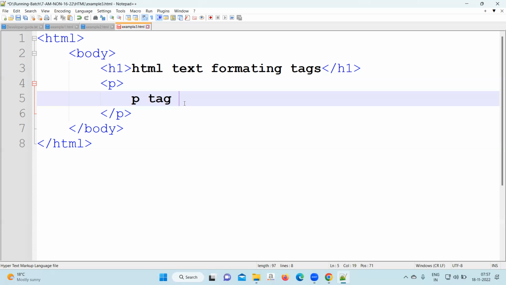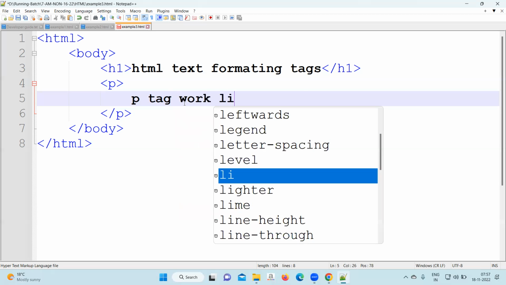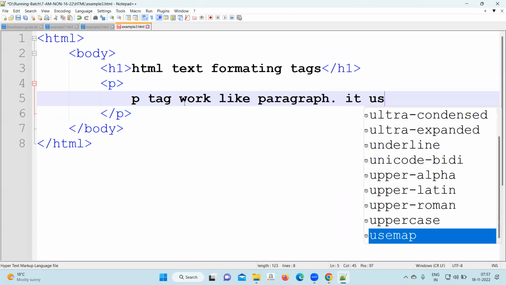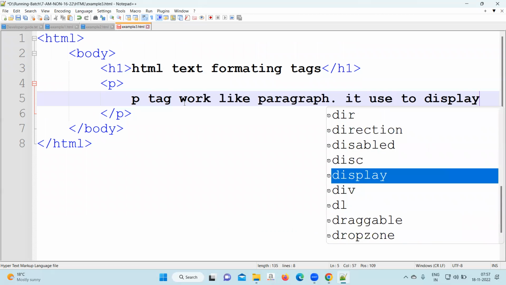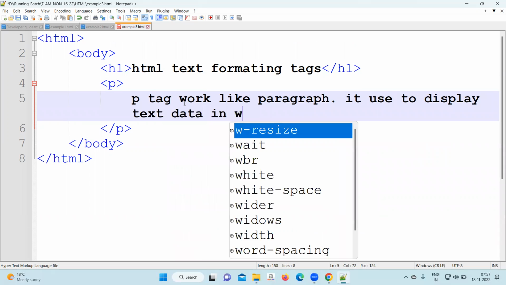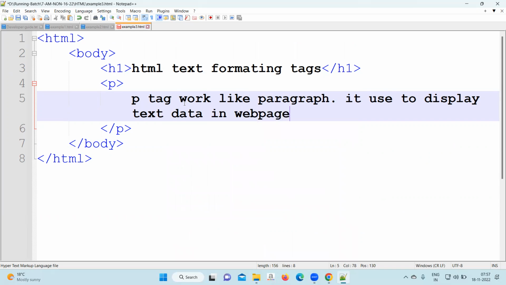But again, there is a limitation, we can make a note. P tag works like a paragraph. It is used to display text data in the web page. Next, after that, something we are going to write should be in bold. So we will open the B tag and close the B tag. And we'll write here: